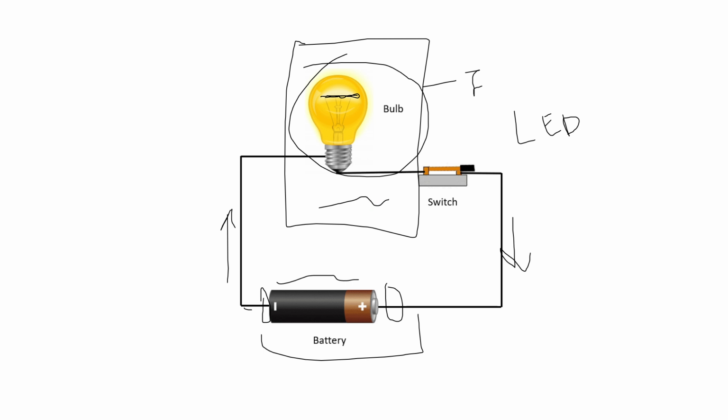Work in physics is the measure of energy transfer that occurs when an external force is applied to an object causing a displacement. In the case of this bulb, the electrons that are going to flow over here,